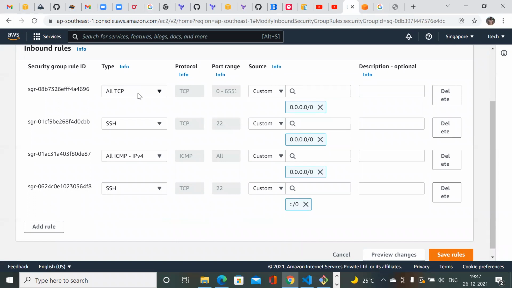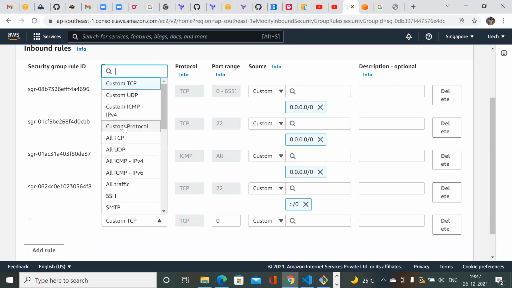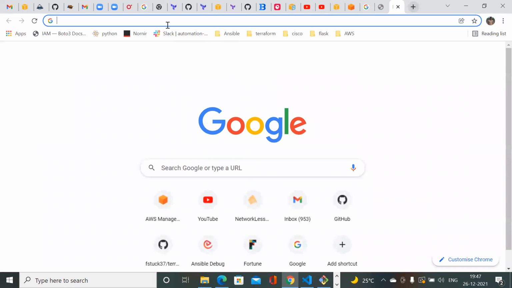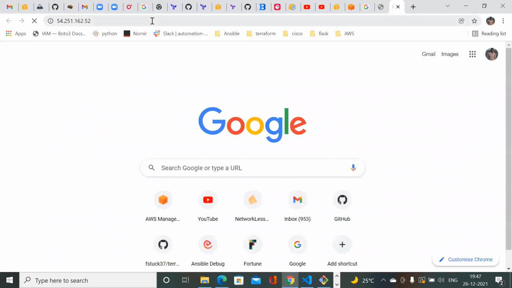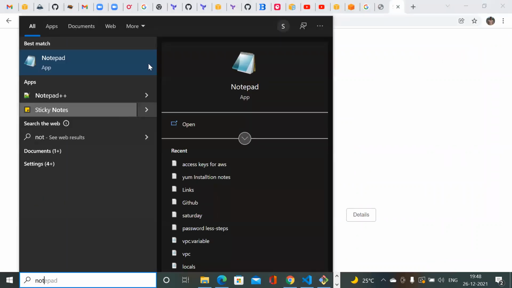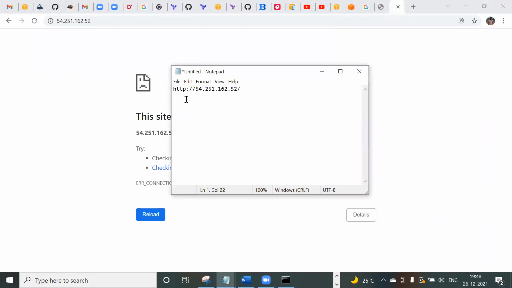I have allowed only TCP. I did not allow the HTTP protocol anywhere, right? So I'm just enabling HTTP. As the end user, how would I know whether the application is working on HTTP or not? Just copy this, I copied the IP address, and I'm entering it in the browser. Let's see what I'm getting. I'm getting HTTP.